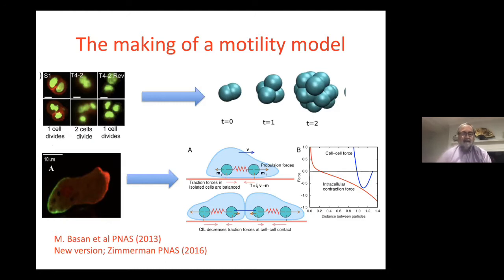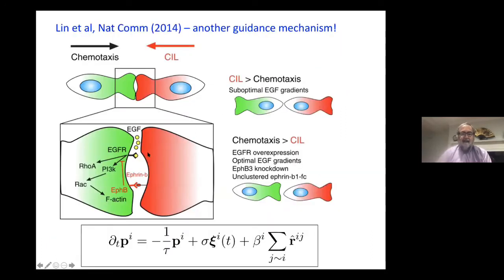So a cell is going to pick a front and back. You see that over here in this picture. The red, again, is regions where actin is polymerizing and pushing the front of the cell forward. The green is where myosin-based contraction is pulling the rear in as the cell moves. And one of the major issues in collective motility has to do with how this polarization of an individual cell is affected by the polarization of the neighboring cells. And just to give you an indication of one of the biological effects that are important, there's a notion called contact inhibition of locomotion, which says that if you are essentially running,